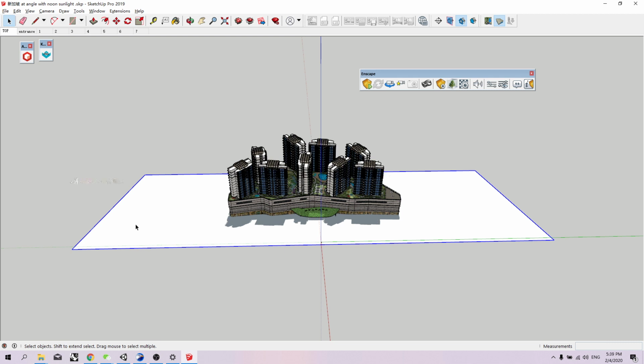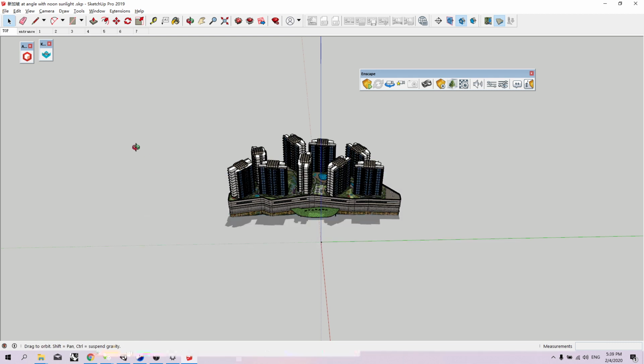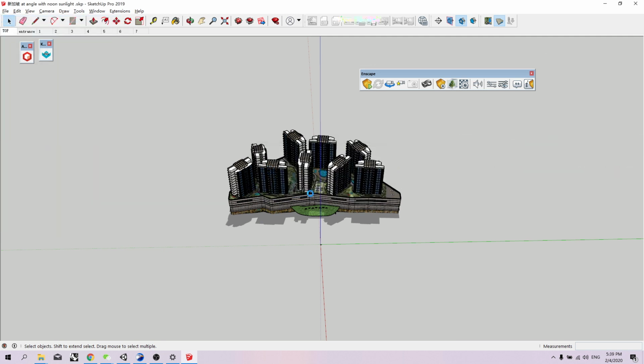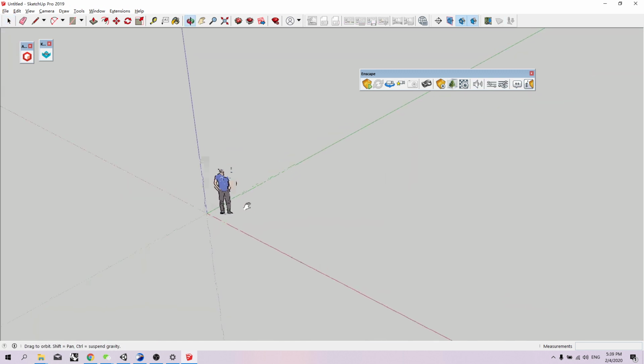I realized I actually forgot to import voice, and so in addition to that, I'm going to redo that tutorial. So once again, we are in SketchUp here with a new file,